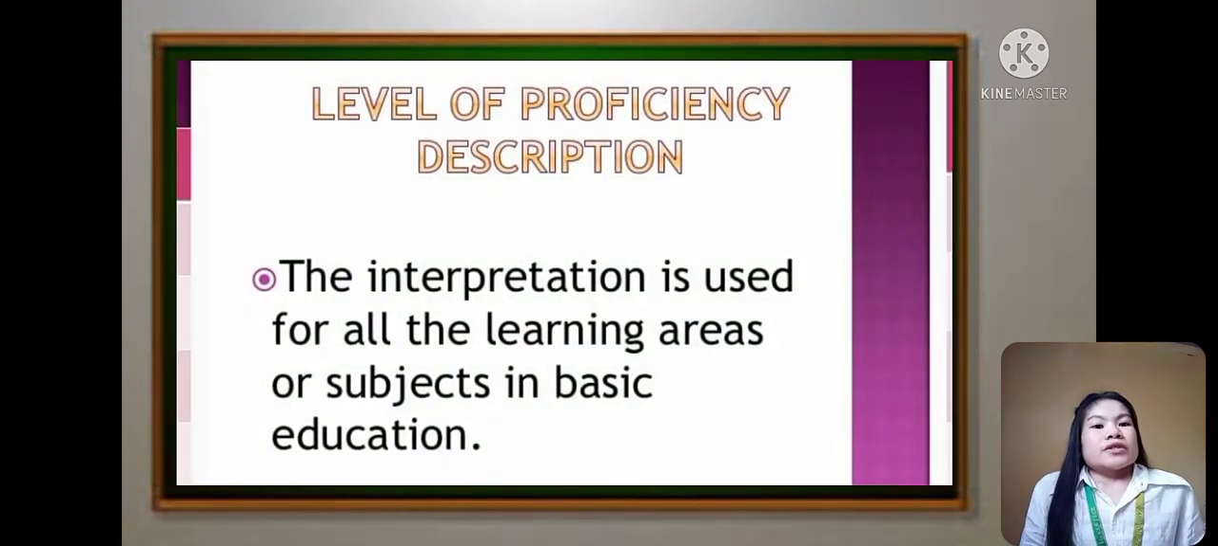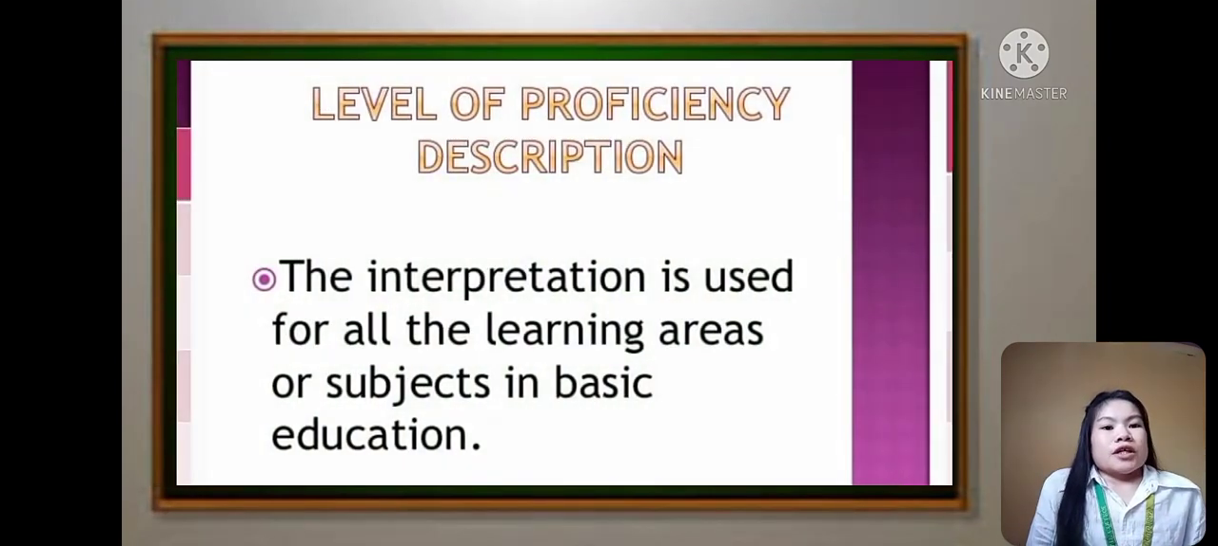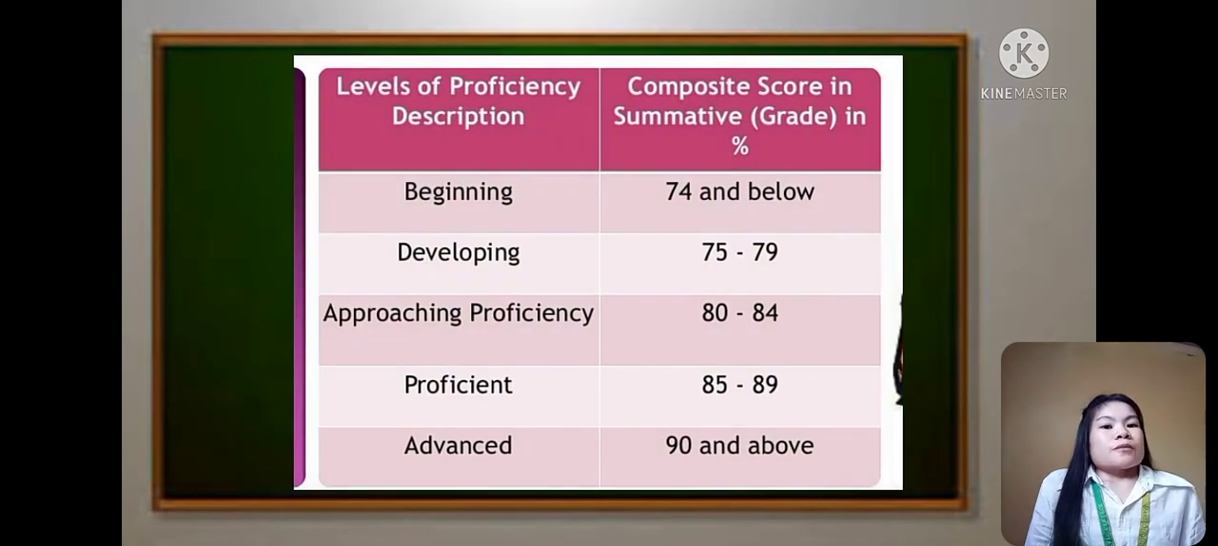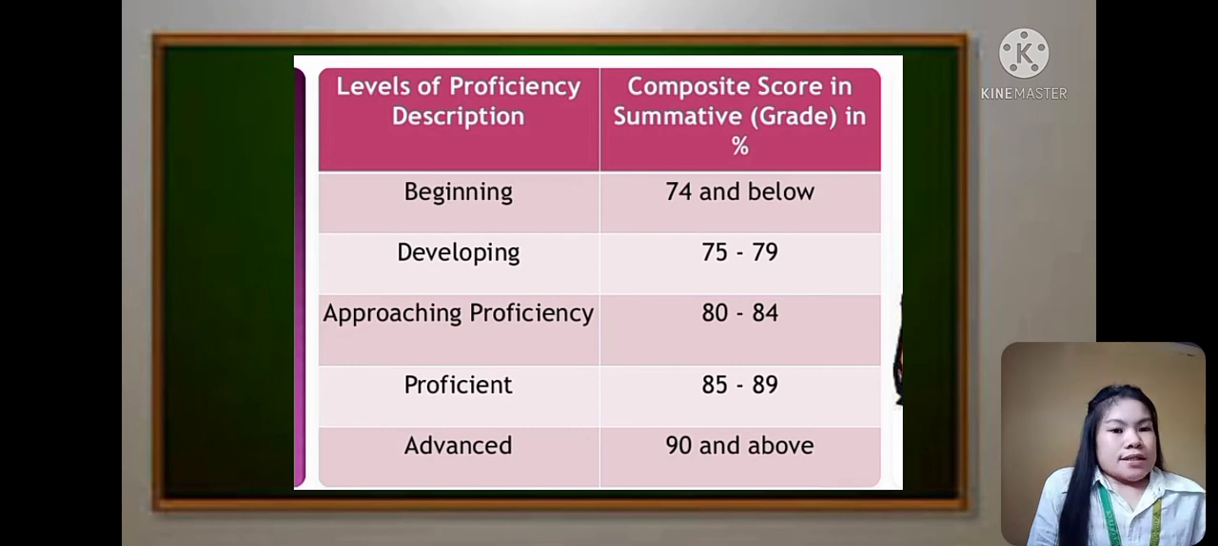Levels of proficiency description. The interpretation is used for all the learning areas or subjects in basic education. Levels of proficiency description and composite score in summative grade in percent. Beginning 74 and below, developing 75 to 79, approaching proficiency 80 to 84, proficient 85 to 89, advanced is 90